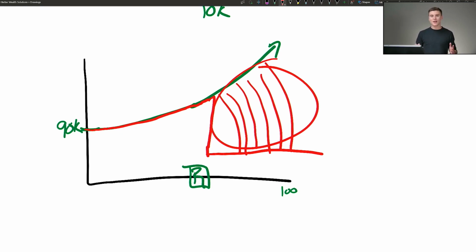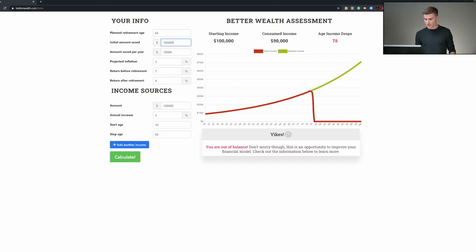And again, there's not many tools, there's not a lot of people talking about this, and as a result, they're not able to show you what's actually going on based on math versus based on some philosophy. So what I'm going to do is I'm just going to quickly pull up the tool just so I can walk you through how this works.